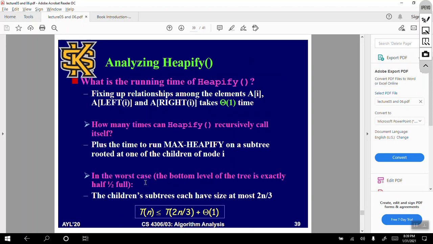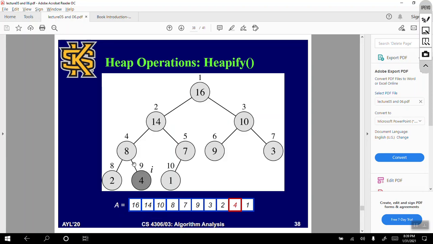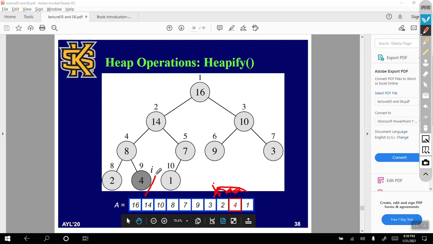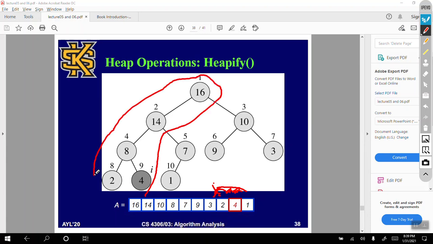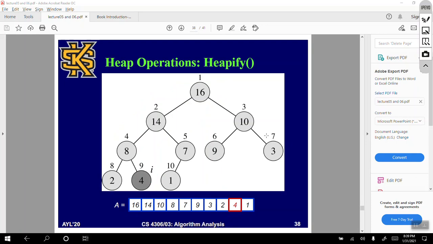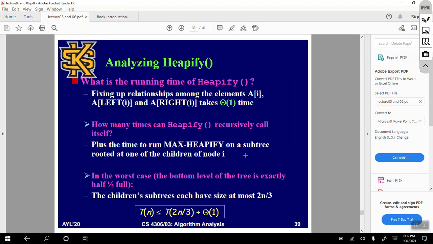So in that case, this is for this branch, for this one, each element satisfies the heap property, right? Okay, so now let us see